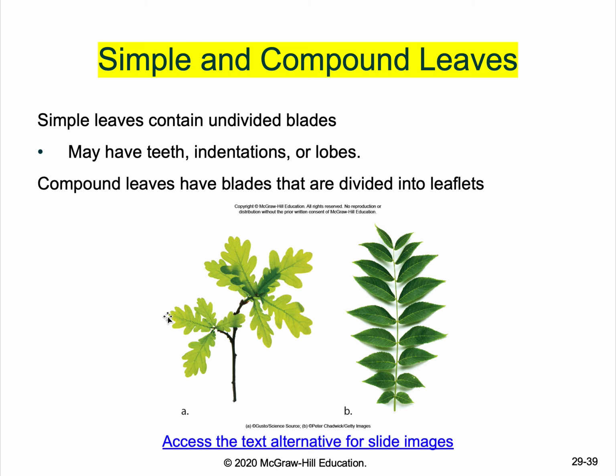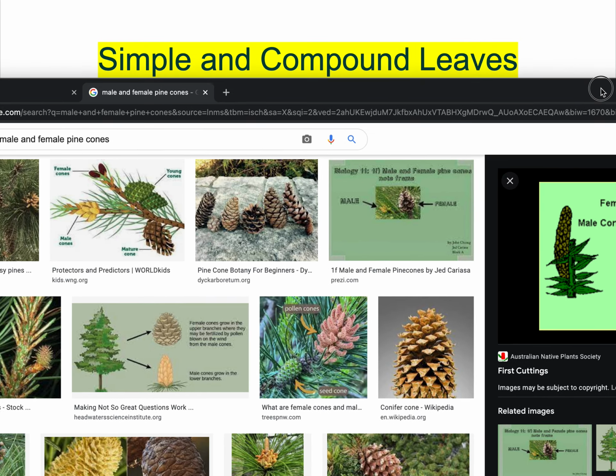There are simple leaves, and then there are what we call compound leaves. Simple is just going to be like one, well actually this has a few, right? 1 leaf, 2 leaf, 3 leaf, 4 leaf, 1, 2, 3, 4, 5. So this is 5 leaves and 4 leaves. What a compound leaf is, is that all of this is 1 leaf. And you know what, a really good one, let's give you an example.